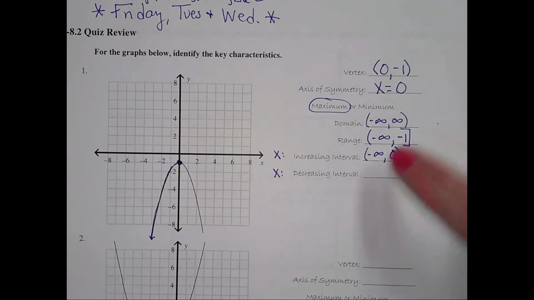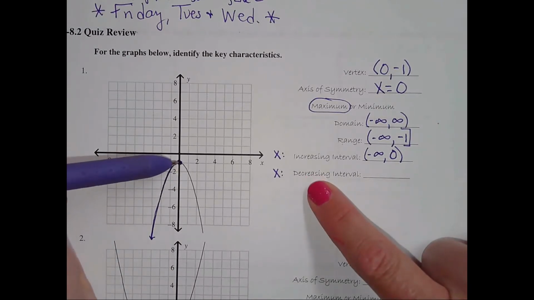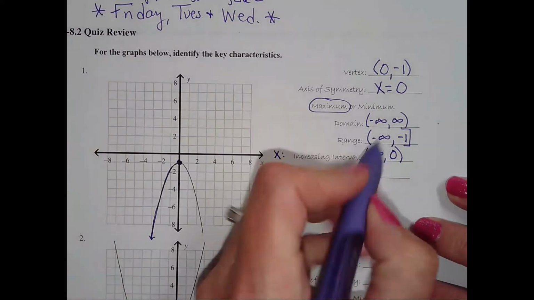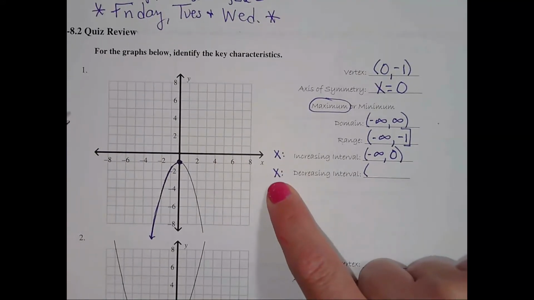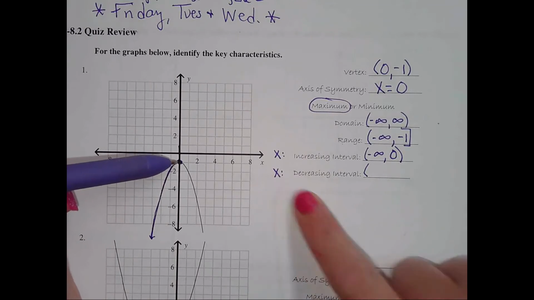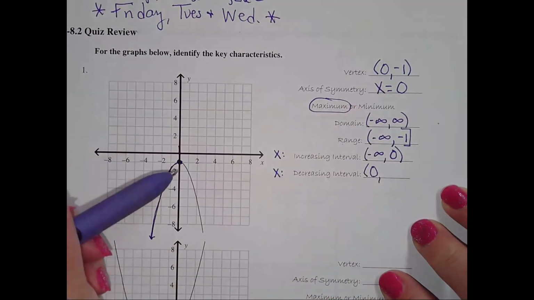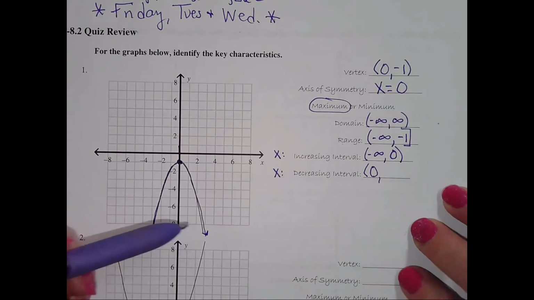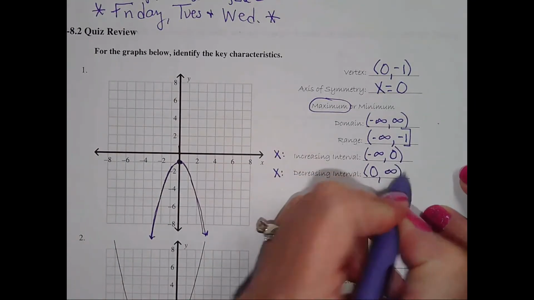Okay? Decreasing. My graph starts decreasing right here at 0 because it's on the x-axis. That's why I put an x next to it. The x value for this point is 0. I thought that was -1. The x value for this point is 0. So it starts decreasing at 0, and it continues to decrease forever and ever and ever, so +infinity